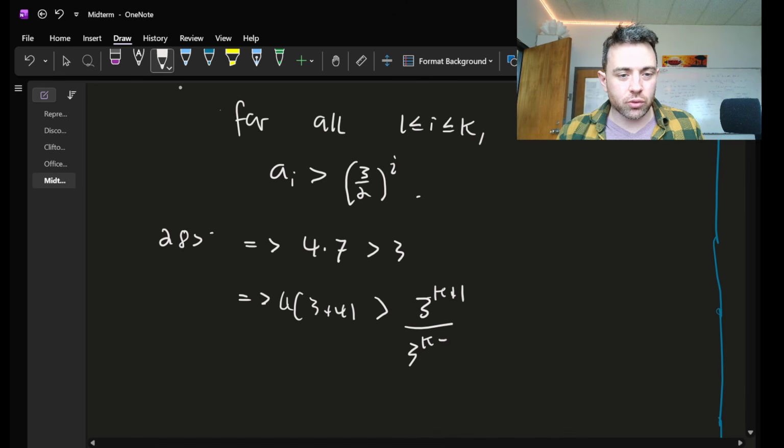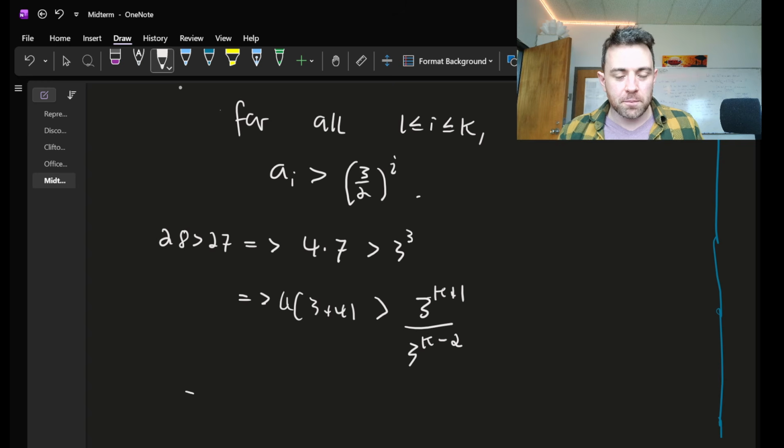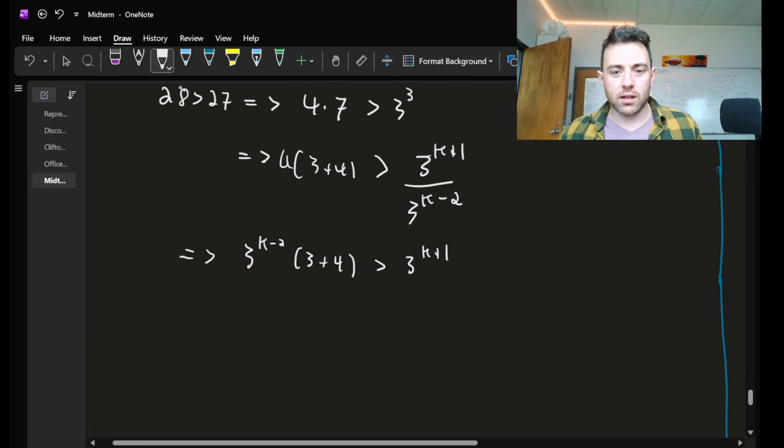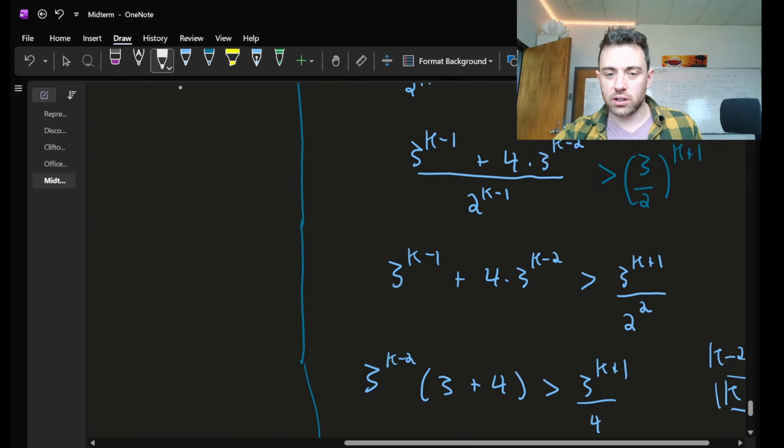So 28 is bigger than 27, which is bigger than, what do I have here? This is 3 to the 3. Here we go, yes. And this implies that 3k minus 2 times, what was it, 3 plus 4 is bigger than 3k plus 1 over 2 squared, which implies, so we're just going backwards through all the steps that we had just worked through,